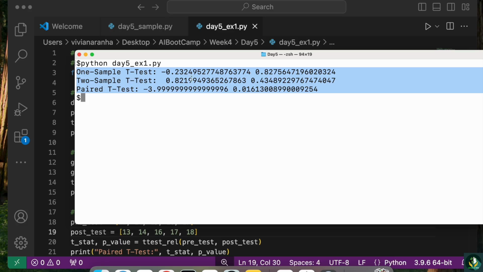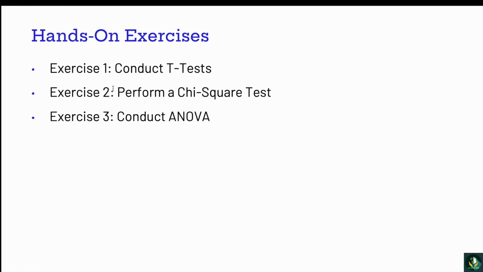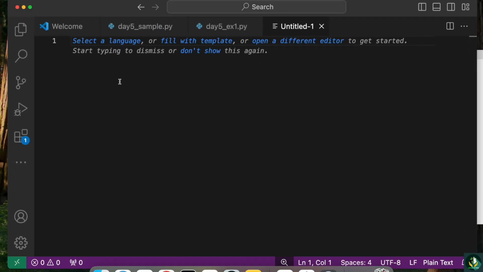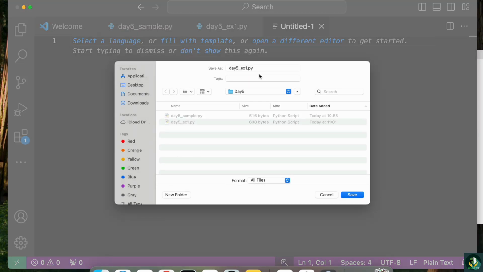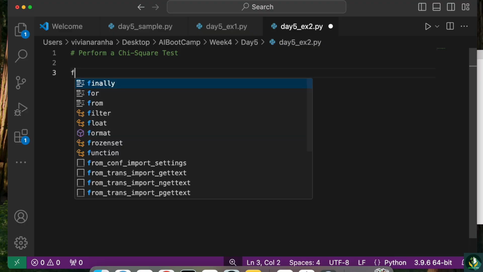The next exercise, as we mentioned, is to perform a chi-square test. We have already done something similar with the chi-square test earlier, so I am going to try to breeze through this. Save, and as I mentioned, this is to perform a chi-square test. In here, the objective is to test the independence of 2 categorical variables. So from